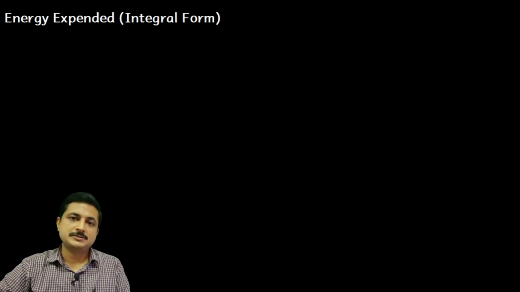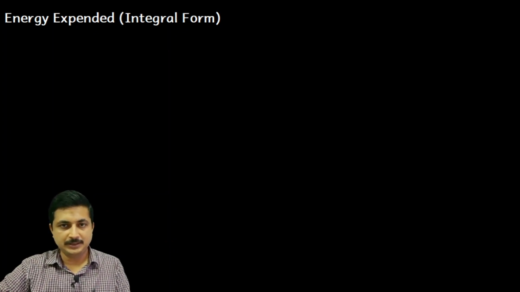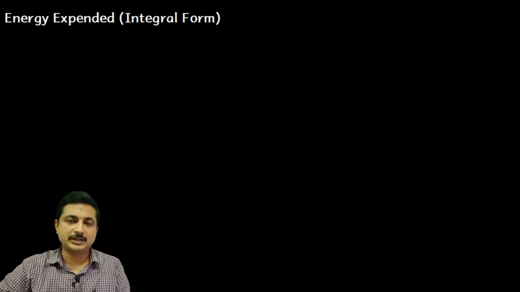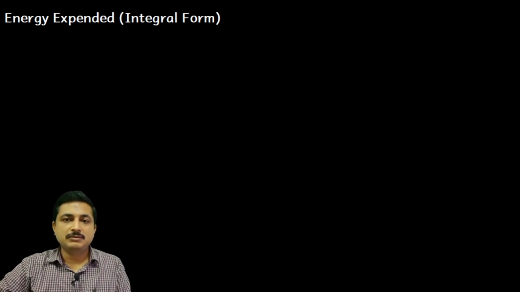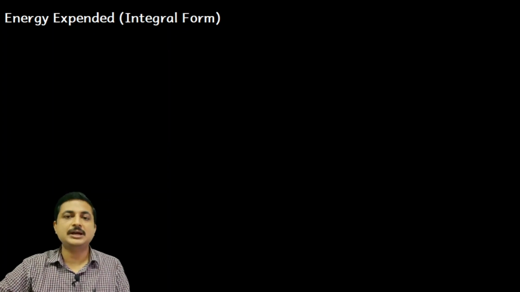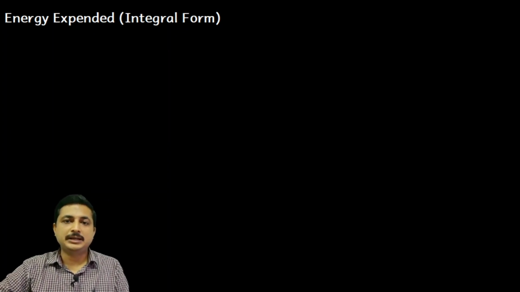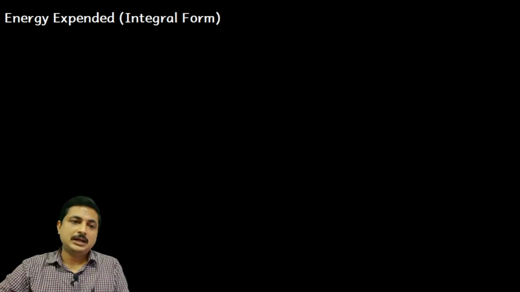Theoretically, all the concepts remain the same. What is the work done, or the energy expended, in pushing that charge in the direction of the electric field or opposite to the direction of the electric field, where we get the maximum, why it is negative, when it is positive. All these discussions in the previous video on the differential form of energy expended remain the same. Here we are just trying to mathematically express energy expended in integral form. Is that fine?